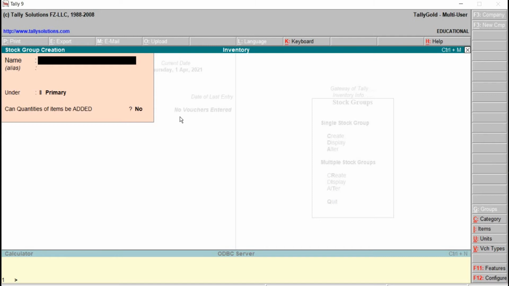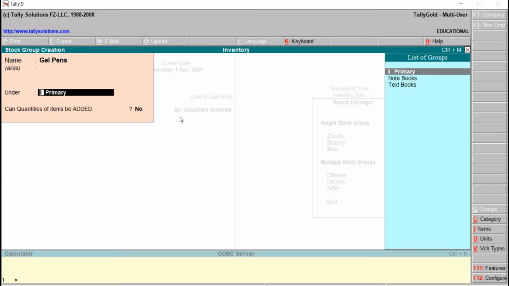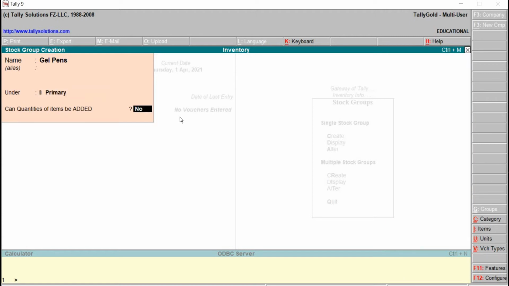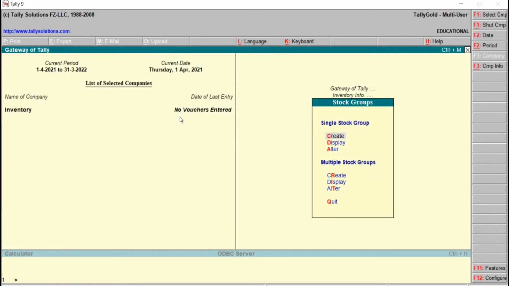Now we will go for gel pens, blank, primary, then no, accept Y for the group creation. Okay. To come back to the menu, press escape, once again escape. Right now it is created.